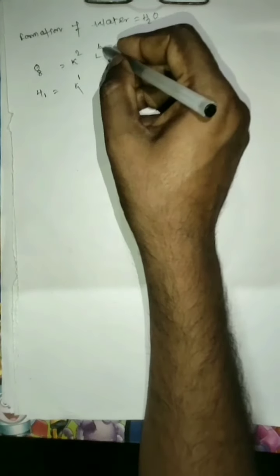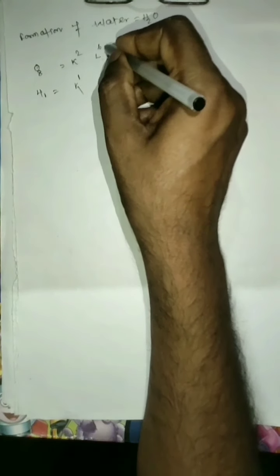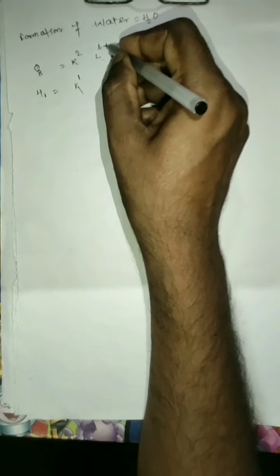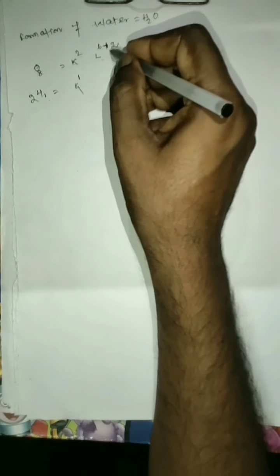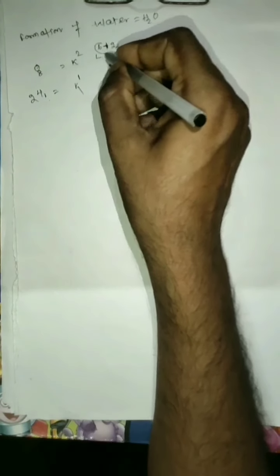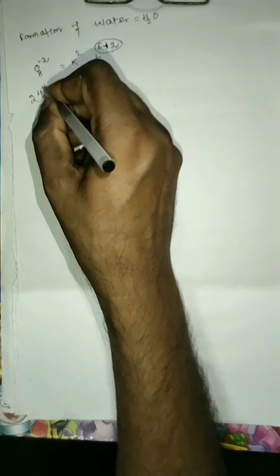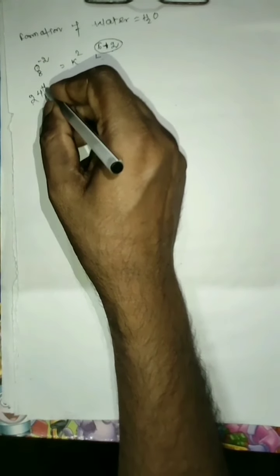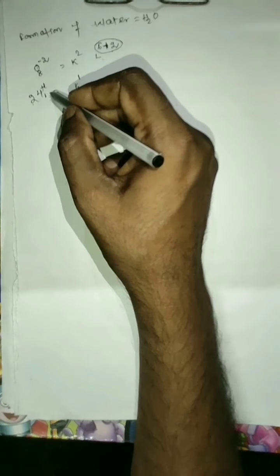So here 2 electrons are required to reach the nearest inert gas configuration, that means 8 electrons in the valence shell. This requires 2 electrons. The 2 hydrogen atoms donate 2 electrons to the oxygen atom, that's why oxygen gets 8 electrons in the valence shell. Oxygen became minus 2 and hydrogen became plus 1. 1 hydrogen is plus 1, 2 hydrogen is 2 times plus 1, that is plus 2. So here the valence of oxygen is 2 and the valence of hydrogen is 1.